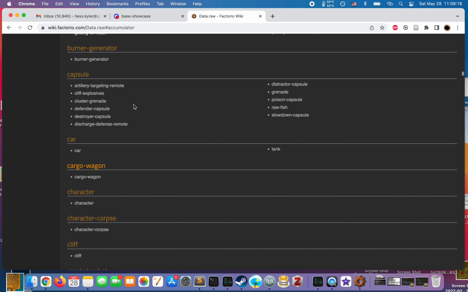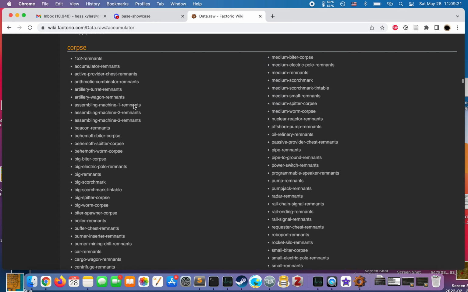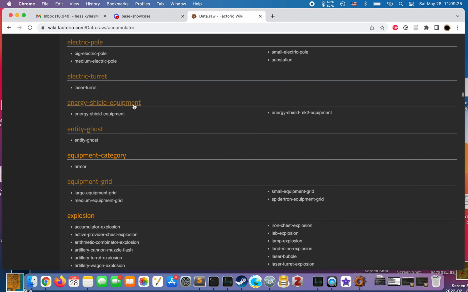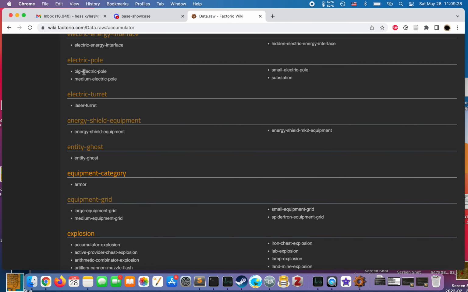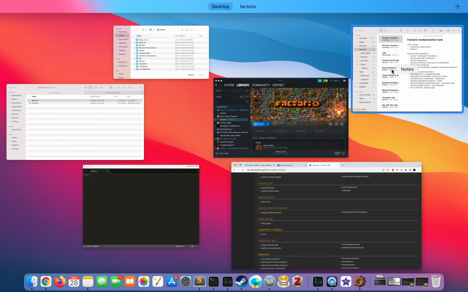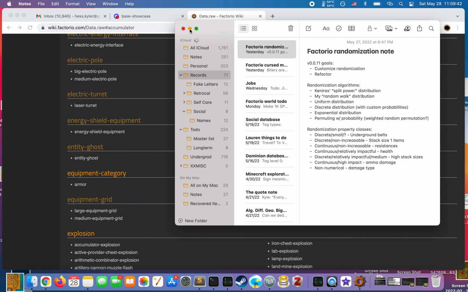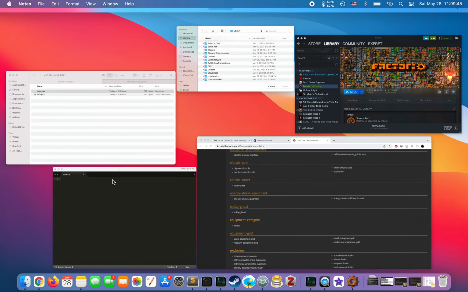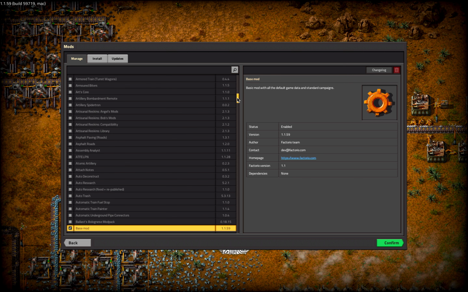There is also electric pole. Where is electric pole? Electric pole, electric turret, electric pole. So in electric pole, we have three things: big one, medium one, small one, and substation. So, big electric pole. Let's modify that. Oh, and now that it has loaded, I will show you that,